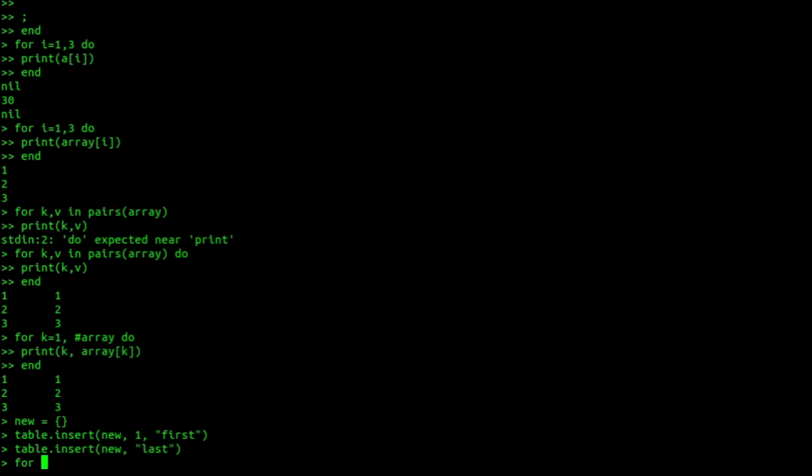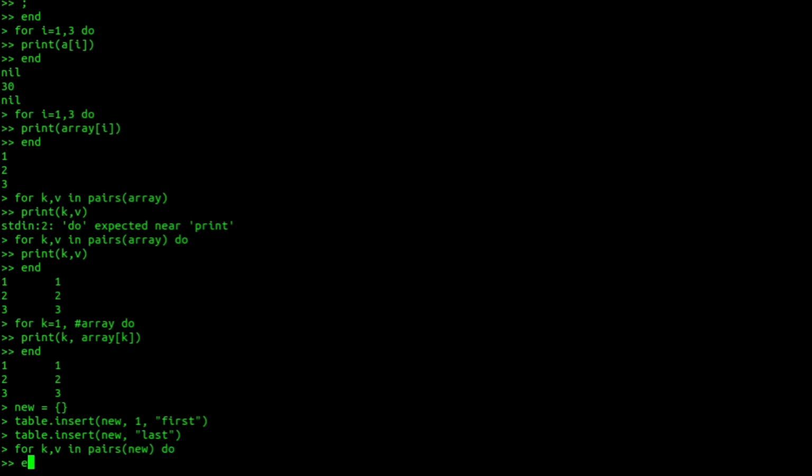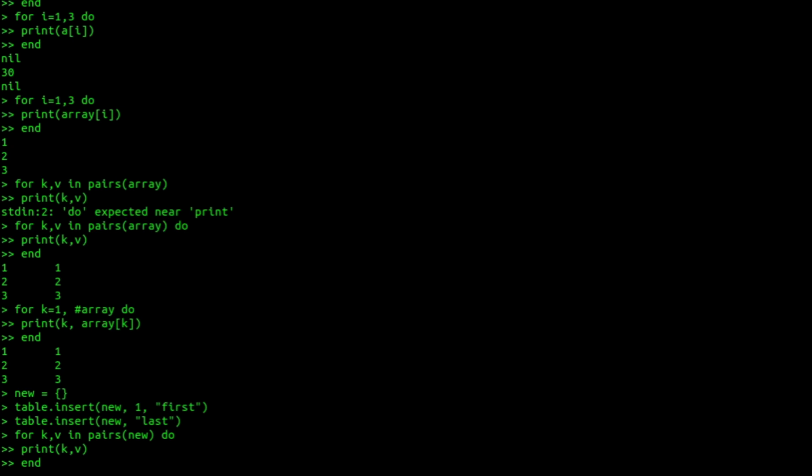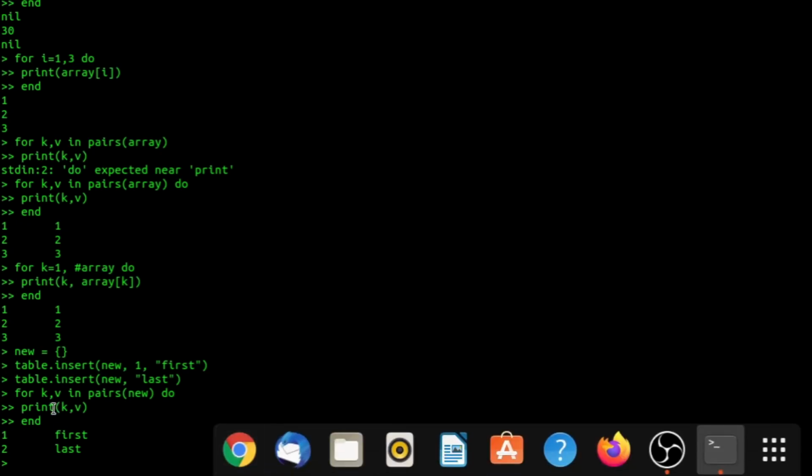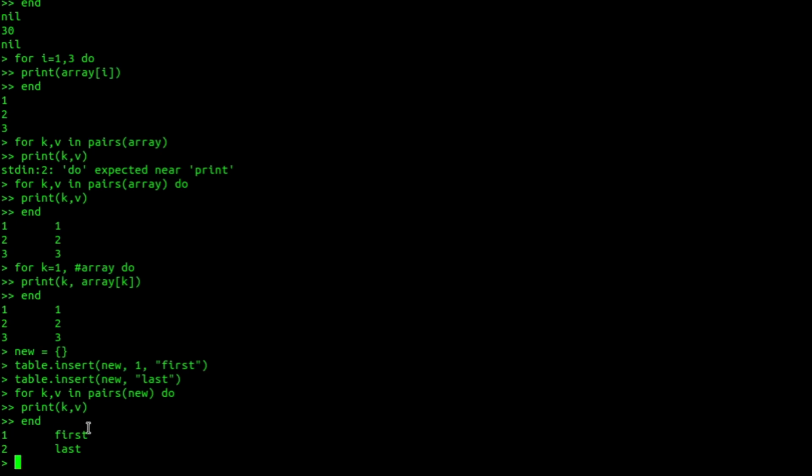To prove this concept, I will simply do for k, v in pairs(new) do print(k, v). You see, the first element is "first", the second is "last".